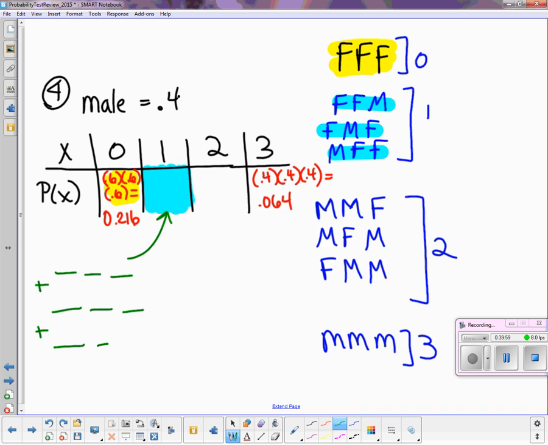I'm just writing my options here. I'm going to put in the respective probabilities. So 0.6 times 0.6 times 0.4, or 0.6 times 0.4 times 0.6, or